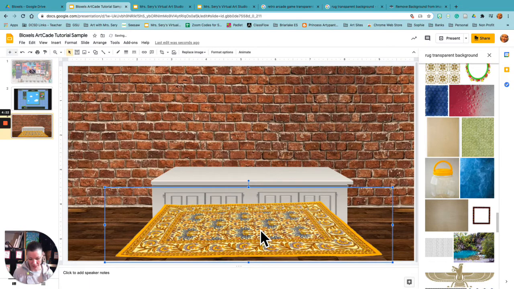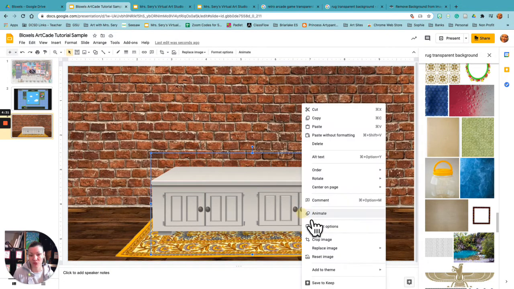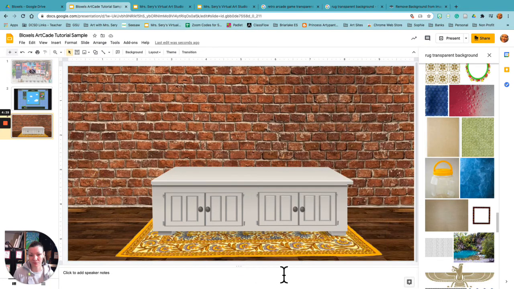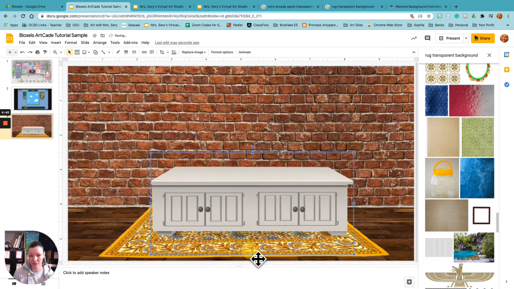And I need this behind, so I'm using Mac, so it would be Command down. Or Control down if you're using another type of computer. Alternatively, you can change the order just by right-clicking or double-clicking on a trackpad and changing the order that way. So I have two objects here. I'm going to make my rug a little bit bigger